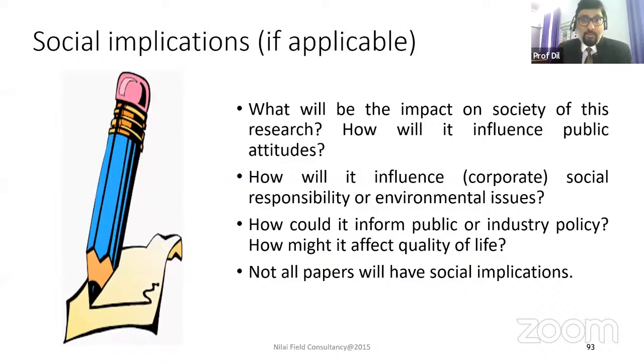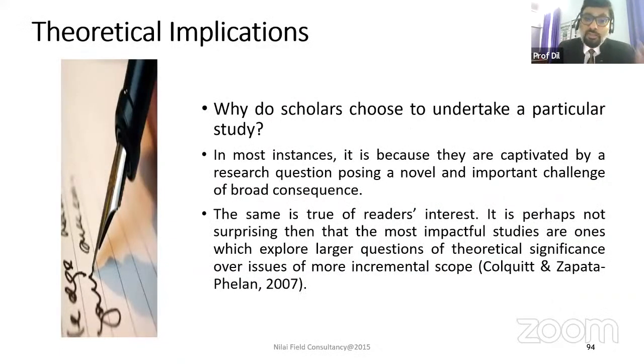Many papers don't have this one. Usually when you look at Emerald and likewise, they look at the social implications and practical implications. In addition to that, they also look into theoretical implications. Does your paper have this portion? I'm not telling you all these implications should come up, but at least one or two. The major ones are practical and theoretical.